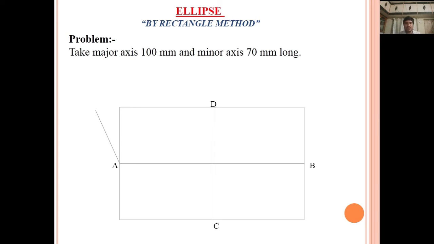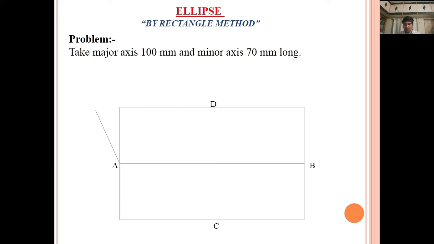That's why we are reducing the number of divisions. That's why we are taking 4 equal parts for OD and OA. Now here, if you divide the 35 mm dimension into 4 equal divisions, you get 8.75 mm for each division. This 8.75 mm division is not considered in our scale.